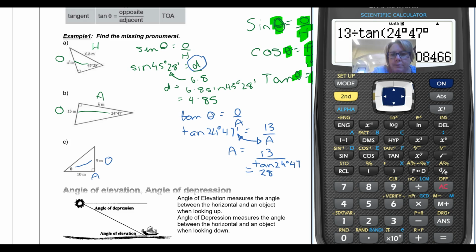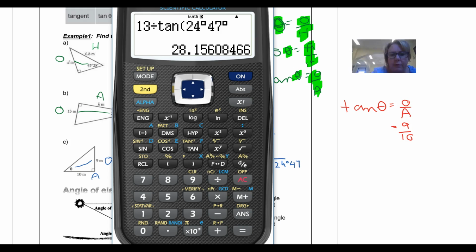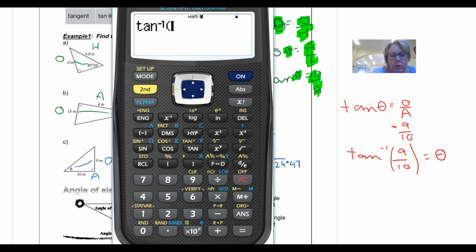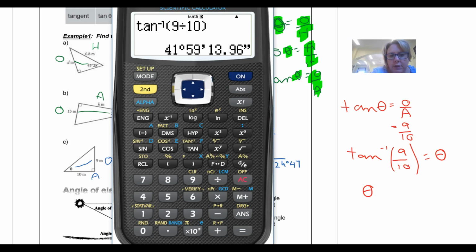Now this is where the calculator is pretty important, because when we're finding the angle, we've got to go second function tan to bring up tan to the -1. Some people write it like this. I don't do that too much. I just know I've got to do 9 on 10. And I get 41.98. If I go the degree and minute button again, I get it in degrees and minutes, which is 41 degrees